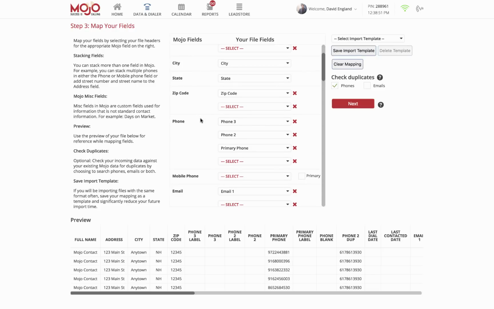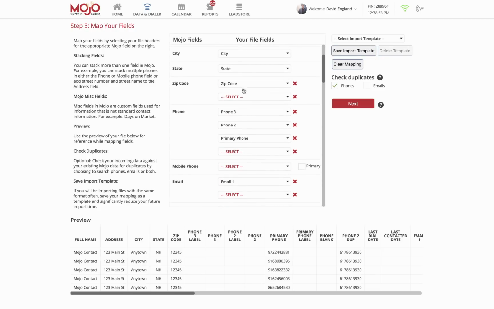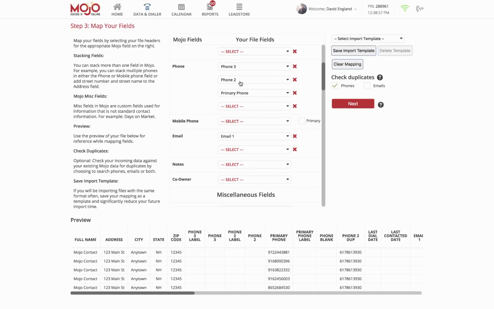You can also do it with zip code if you're looking at the last four. You can do it with phones, right? That's something that we had before. A lot of you wanted that back. You didn't like the way we handled it in this last update. So moving forward after tomorrow, you're going to be able to stack your phones like you always could. And you'll just want to stack them in the order in which you want them to show up on the